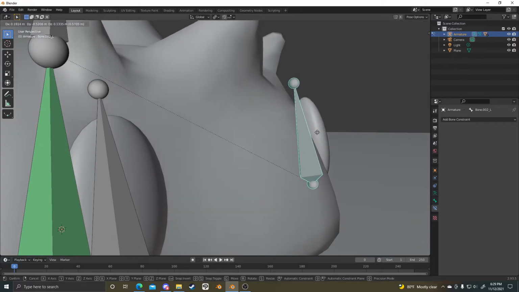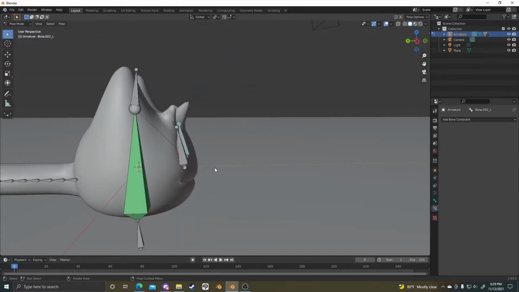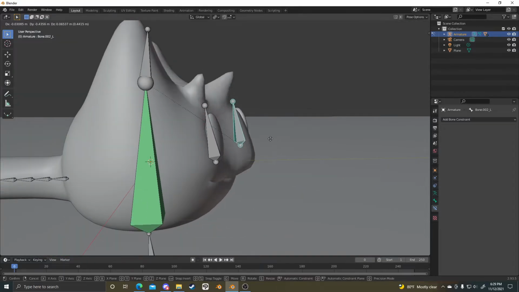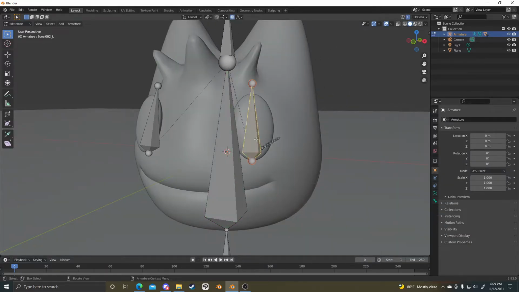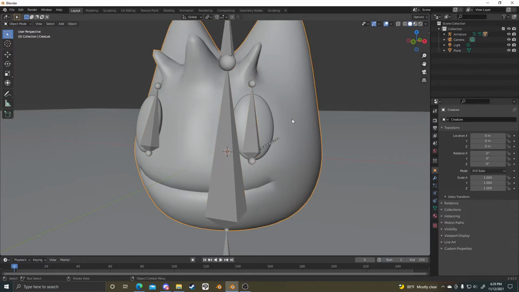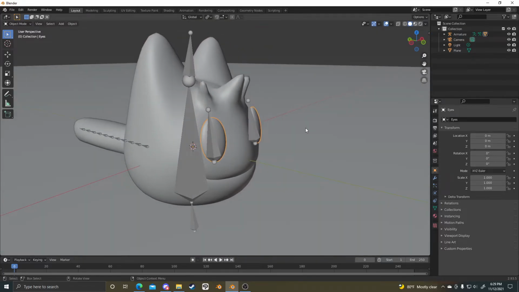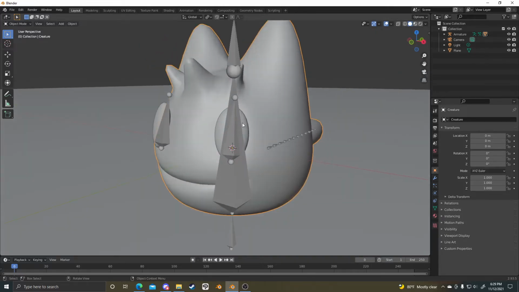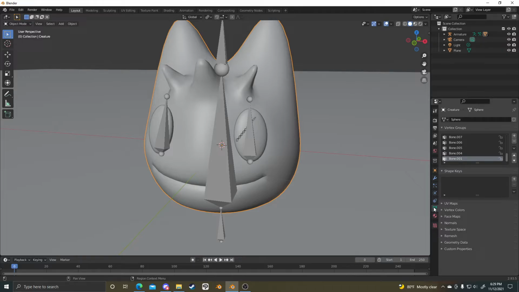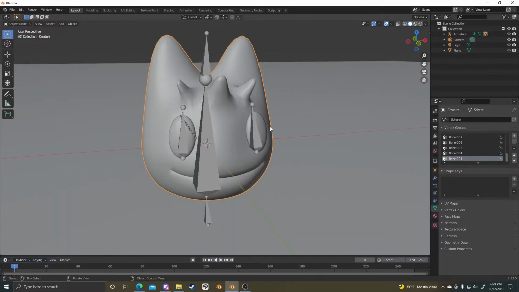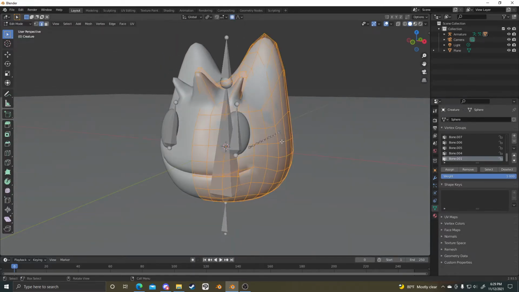And you can see when I move this, it actually affects the whole mesh as well, even though I only want it to be on the eyeball. So that gets into weight painting. In this case, it'll be pretty easy because it's basically just turning it on and off. So select your body mesh. Go to the properties panel, and the triangle with three vertices down here, that's your vertex groups. So go here and then go back into edit mode, select everything, and we're just going to remove it